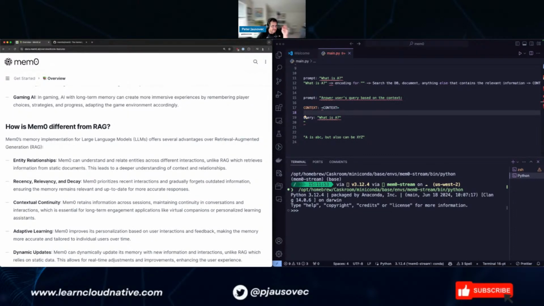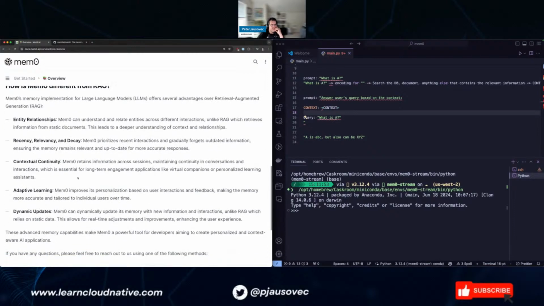But mem0 is different. It can understand and relate entities across different interactions. RAG just retrieves information from static documents, from a vector DB, et cetera. mem0 prioritizes recent interactions and forgets outdated information, ensuring the memory remains relevant and up to date.